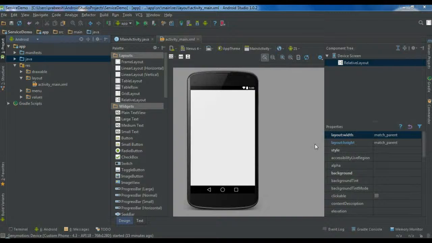We can define a service as a started service if a component such as an activity or a fragment starts the service by calling the method startService. Once the started service is started, it will run in the background indefinitely, even if the component that started it is destroyed. So here I am going to create a simple Android application that will demonstrate what we mean